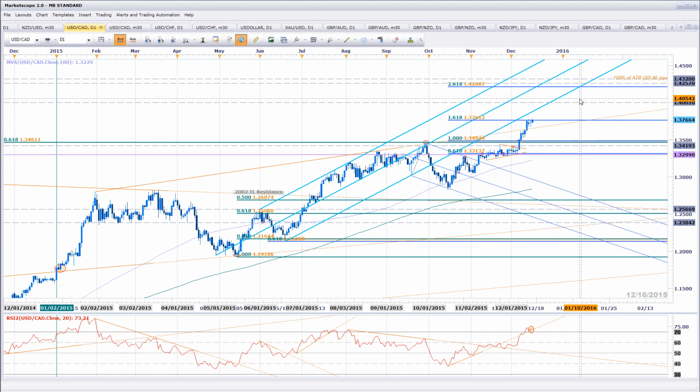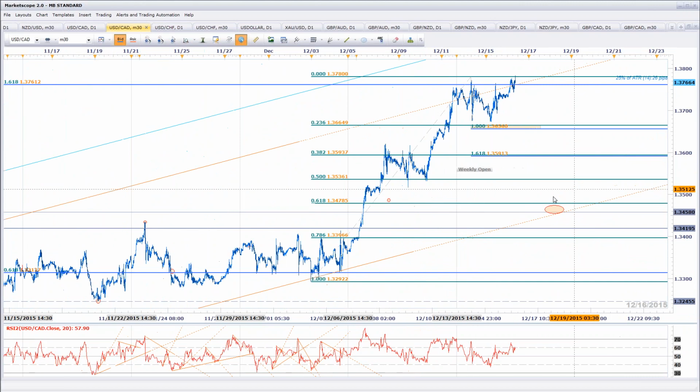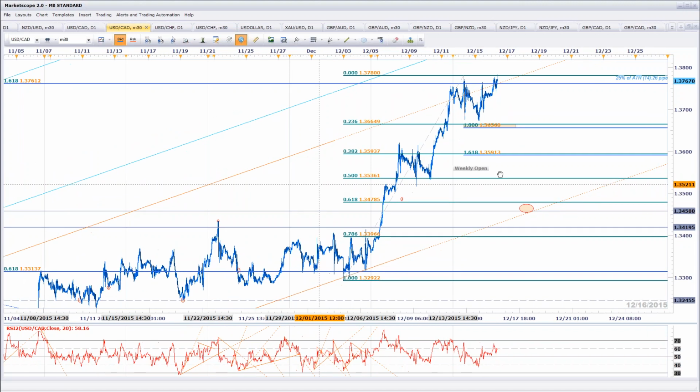Yes, got the short-term picture from Dollar CAD. Many thanks. You're more than welcome. Definitely a pair I'll be looking at. But every time, the markets have tried to give this thing a pullback or call a high, it's been a messy scenario. So for me,